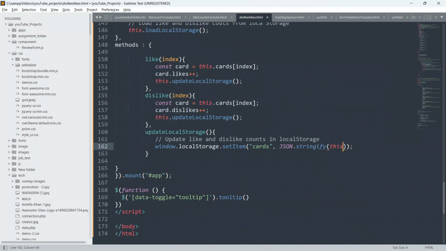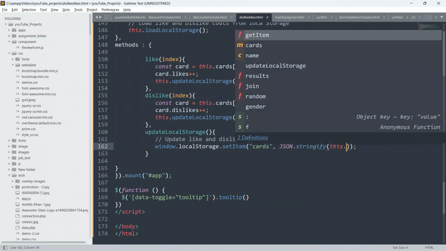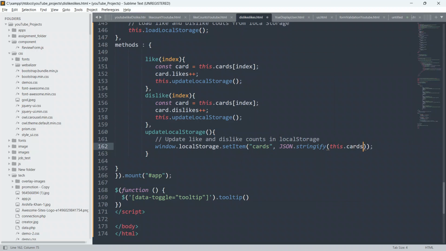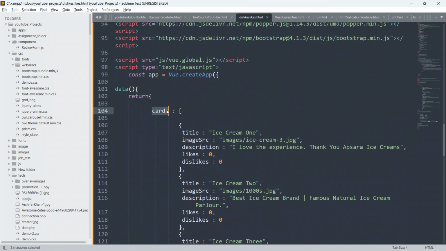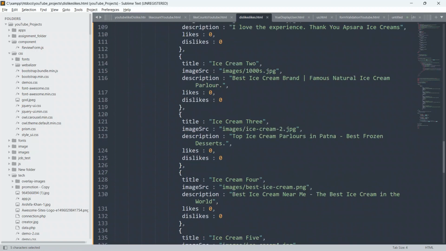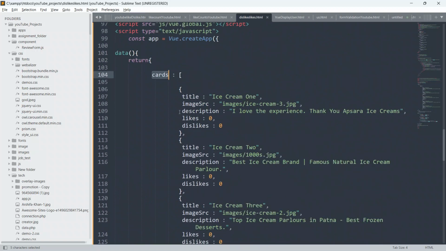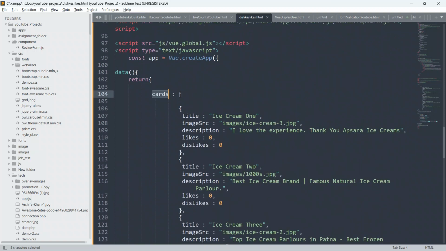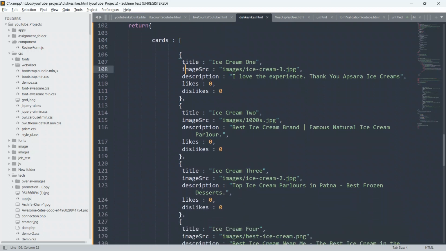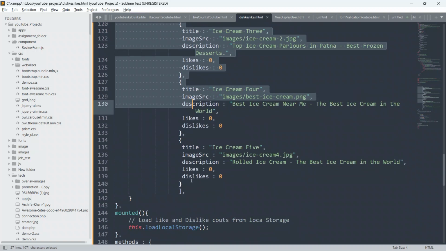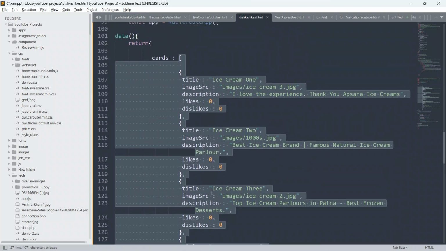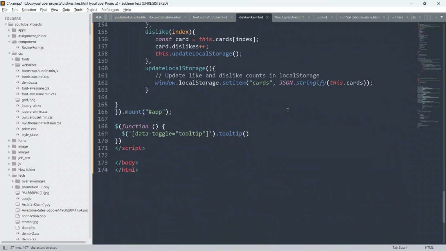So I will say this.cards. With this.cards, I am saving the entire object, the entire element from here to the last element, everything from this cards array to the local storage.